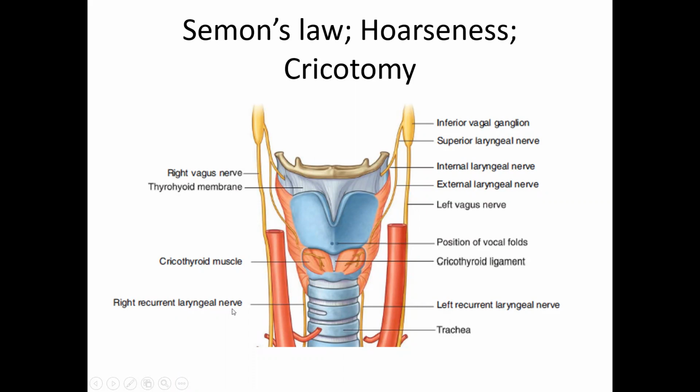It implies that the recurrent laryngeal nerve branches to the abductors are lying on the outer side of the nerve, the inner part of the nerve having fibers of adductors. So partial damage will affect the outer fibers. That is what causes paralysis of the abductors, and irritation will cause spasm.